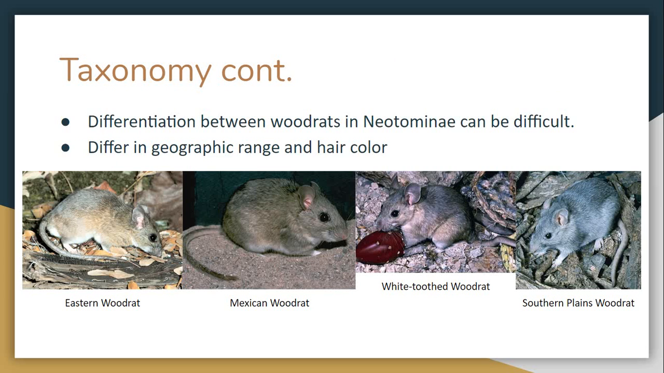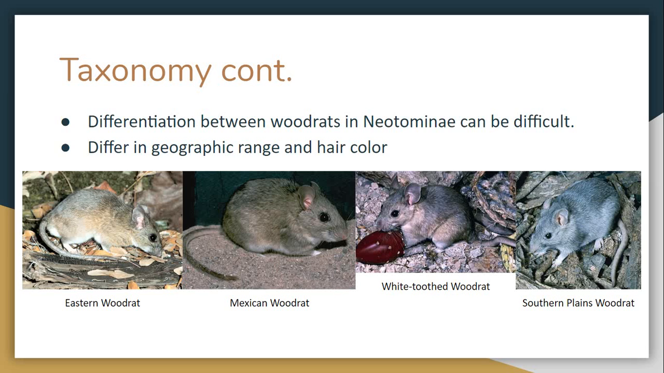The differentiation between wood rats and Neotominae can be quite difficult. They differ in geographic range and in hair color. As seen in these images below, you have the eastern wood rat, the Mexican wood rat, the white-toothed wood rat, and the southern plains wood rat. And you can see that they all look quite similar, and some of the subspecies and a similar species called the Allegheny wood rat can only be